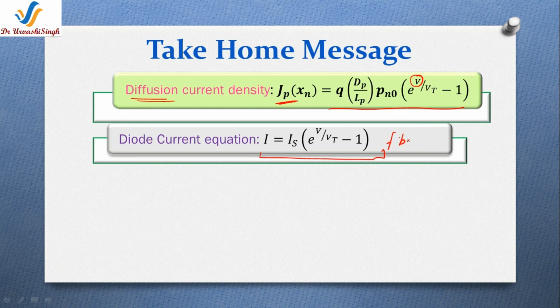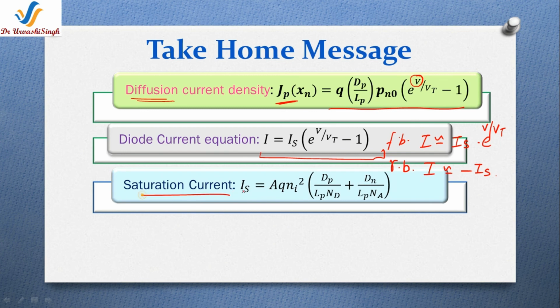Here in forward biasing, when V is positive, the current is equal to the product of the reverse saturation current and exponential V upon Vt. So it is very high and it will increase exponentially, while in case of reverse biasing, when this voltage is negative, the current is almost the negative of the saturation current, and that's why it is very small. And the next point is that the saturation current directly depends on the cross-sectional area of the junction and the temperature, and also on the concentration of the acceptor and donor atoms.